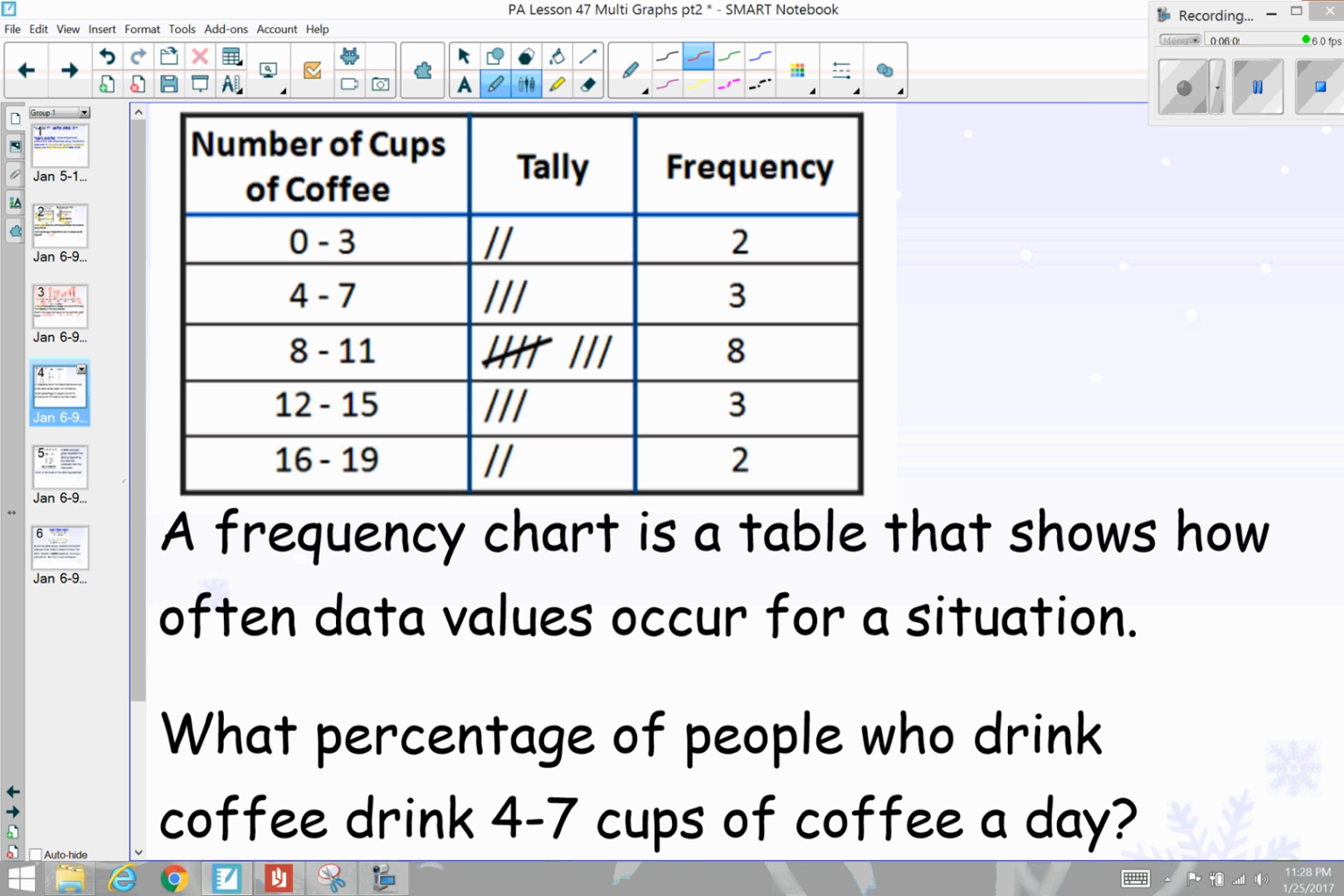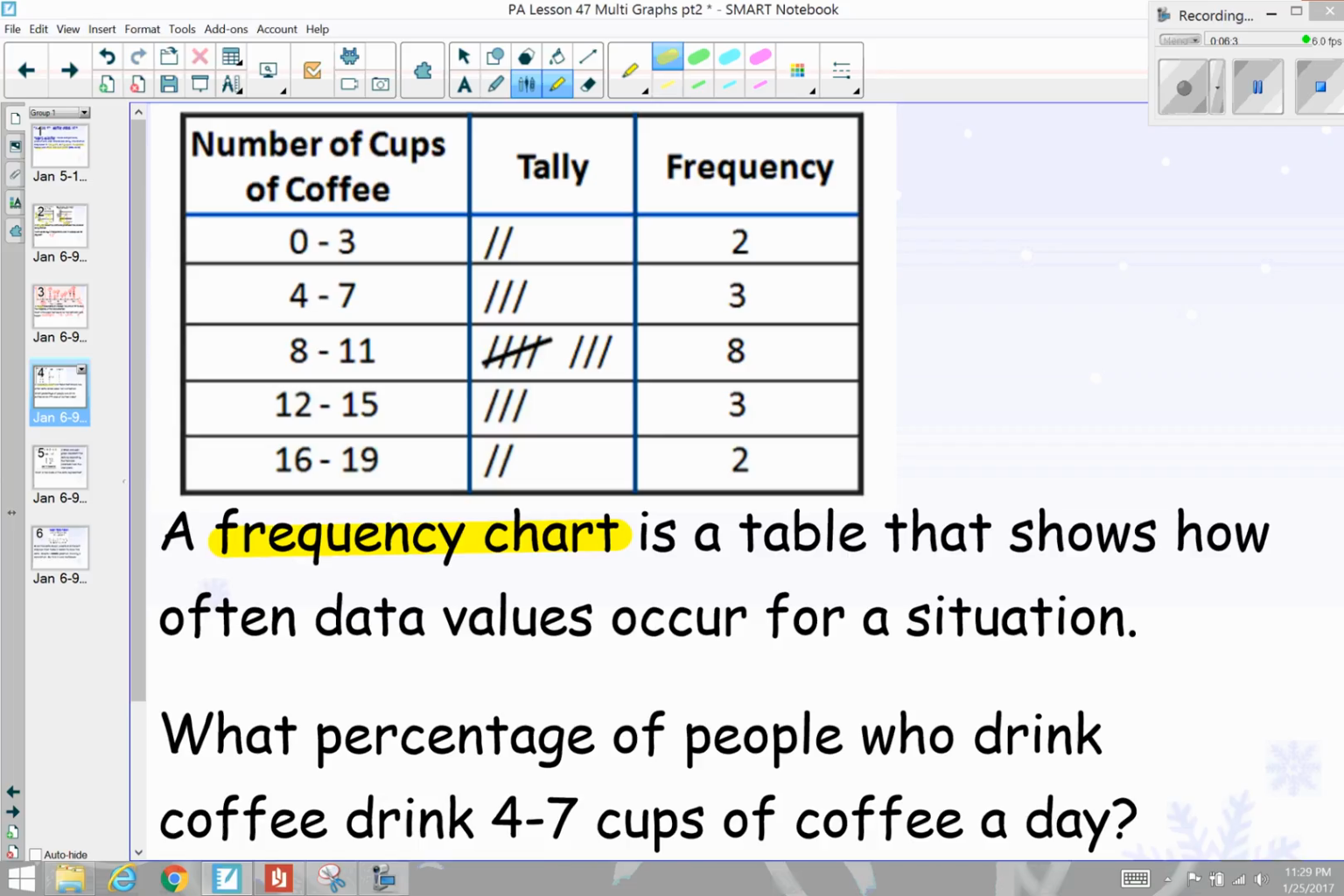All right, on to our next graph. This is called a frequency table. So we've seen these before. Frequency tables are often used when we're creating other types of graphs, like a histogram or even a circle graph or anything like that. So a frequency chart is just a table that shows how often the data values occur